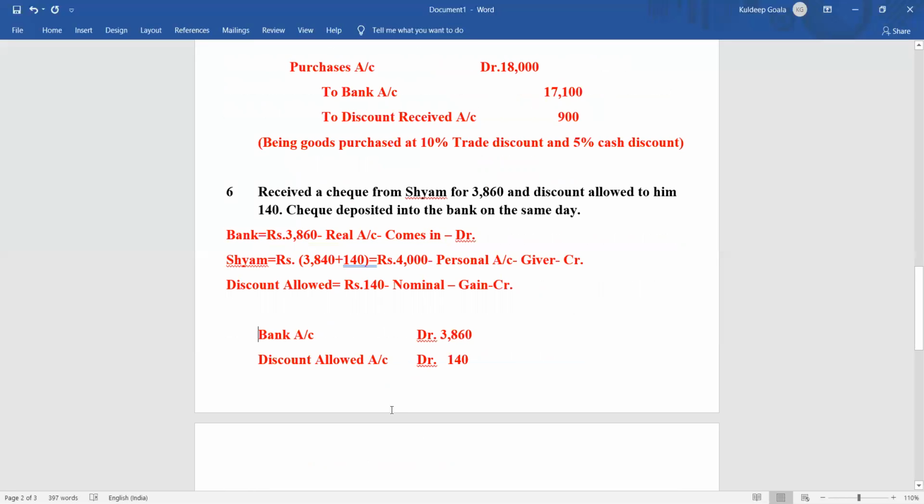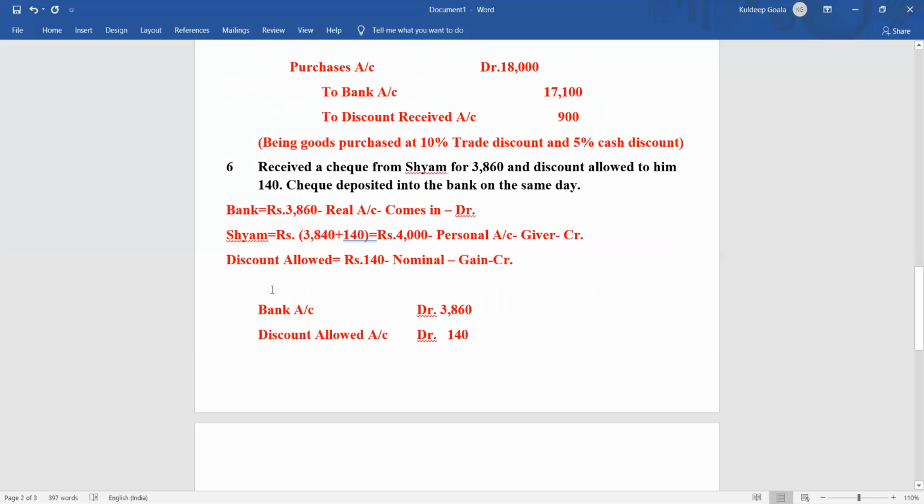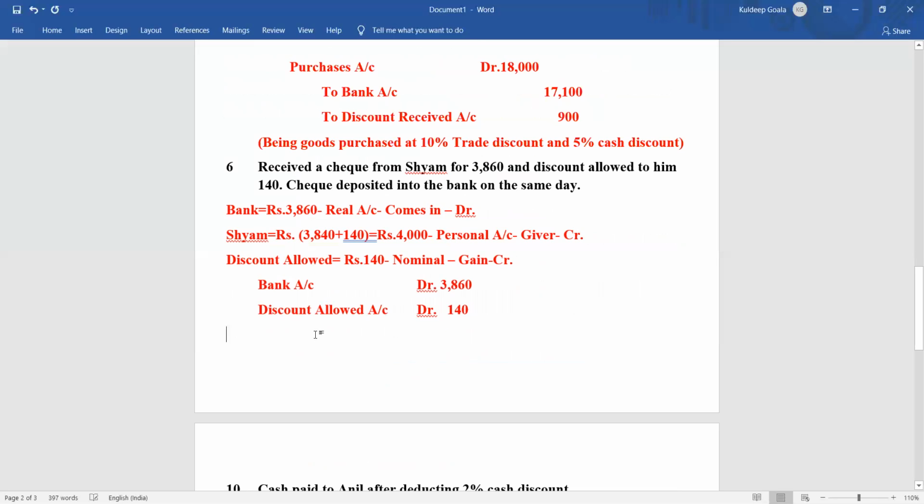I'm just showing you on the next page. I will decrease the space here so that we can accumulate it in one page. Then coming to the next one, what will be on the credit side? To Sham, right? How much will Sham be? Exactly, it will be 4,000, right? Coming to the narration, being